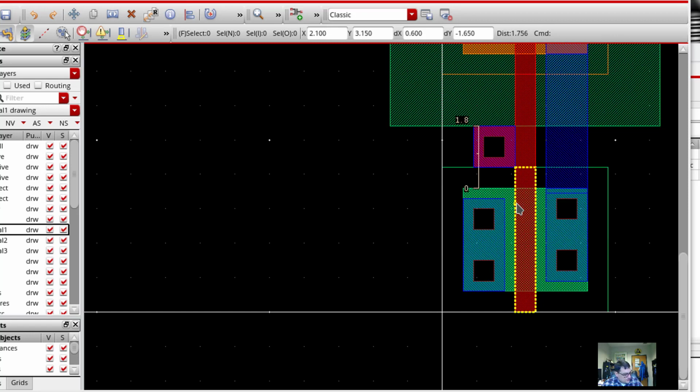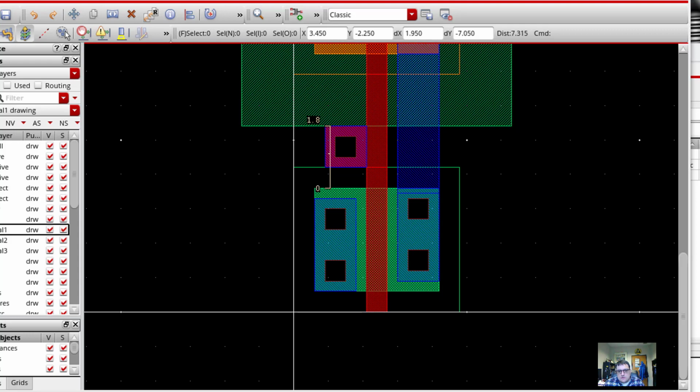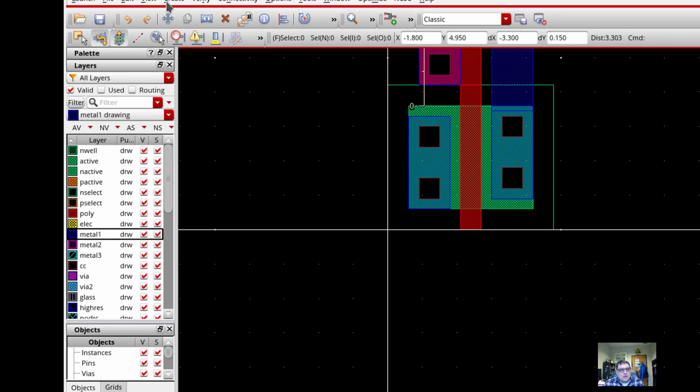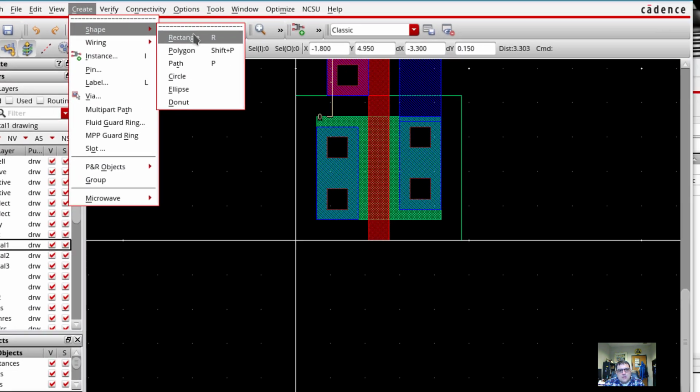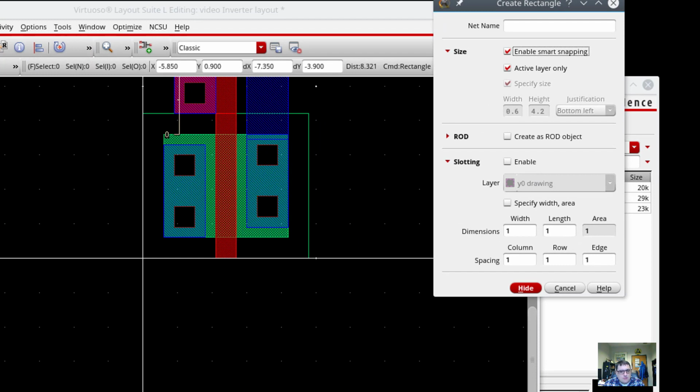Alright, so far so good. The next thing we need to do is create those metal connections for power and ground. So let's take a look here at the ground. I'm going to create a rectangle. I'm on metal 1, so that's good. And turn smart snapping off, and the width of this is going to be 7.8, which I have computed before, 2.1 wide,